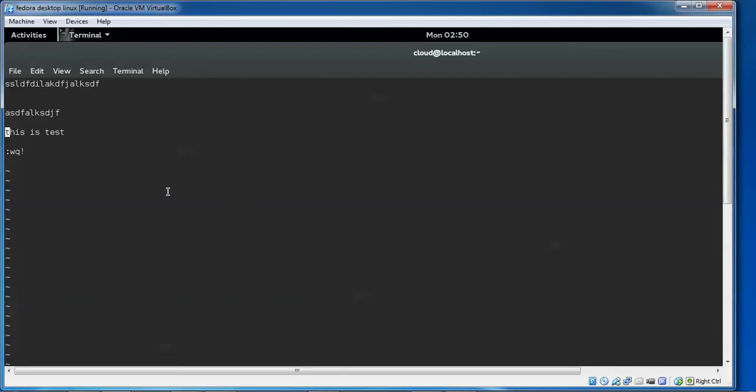So this is my text file, and I'm going to delete this line completely, so I'm pressing dd. You can see this has been removed. Now I'm going to delete 2 lines. I'm pressing i and typing 2 more lines, then pressing escape to avoid typing, and here I want to delete, so I'm pressing 2 and dd. So you can see these 2 lines have been deleted.